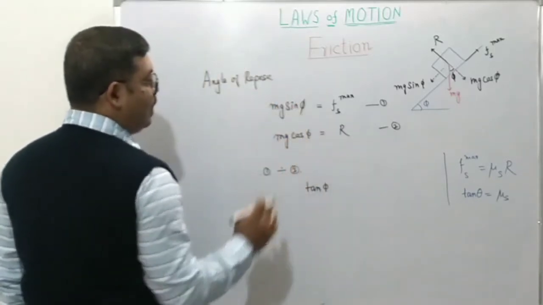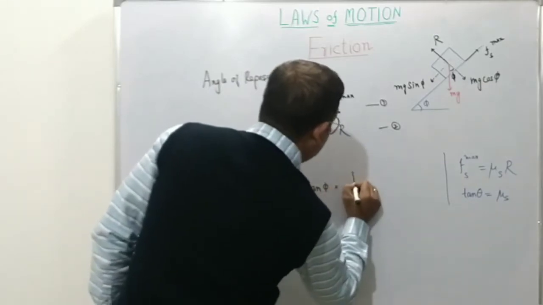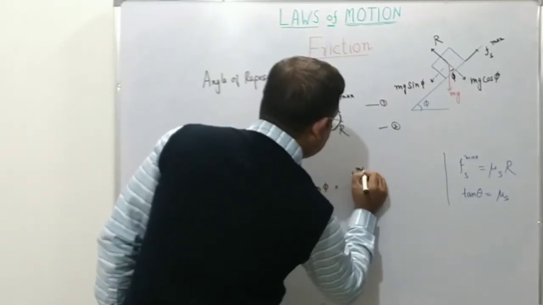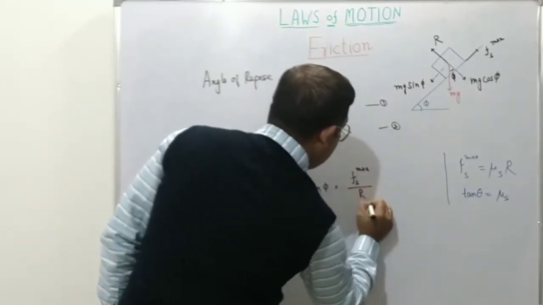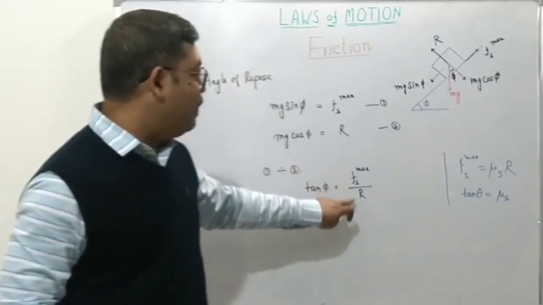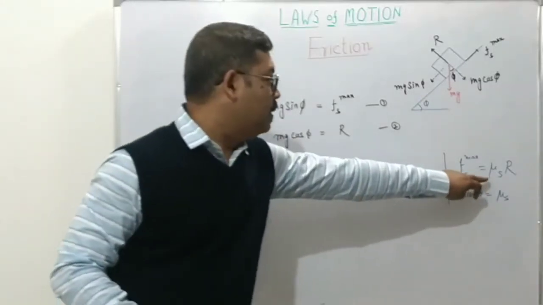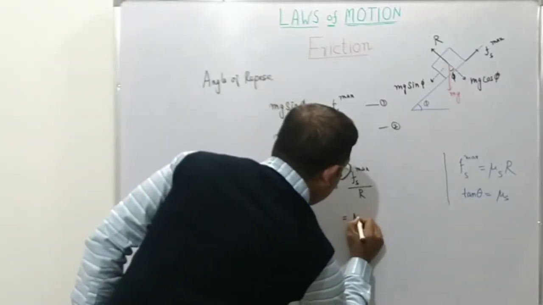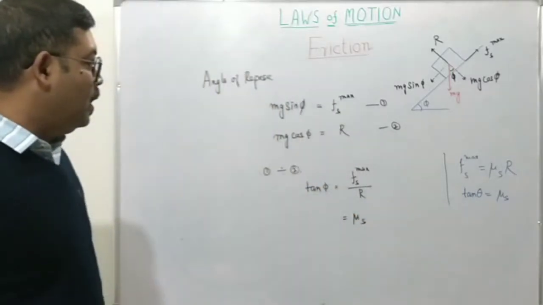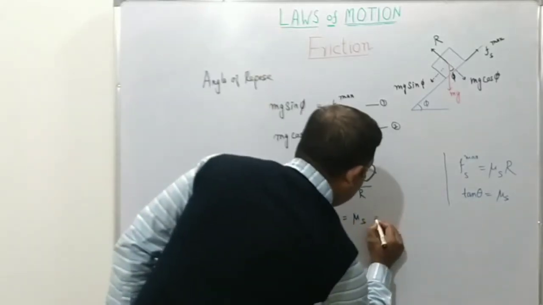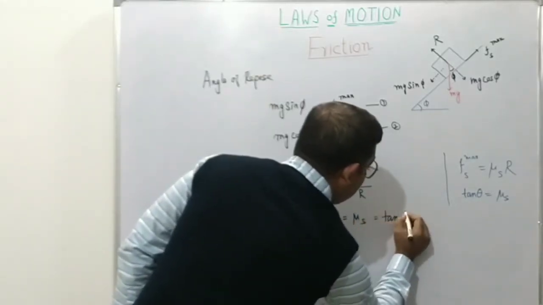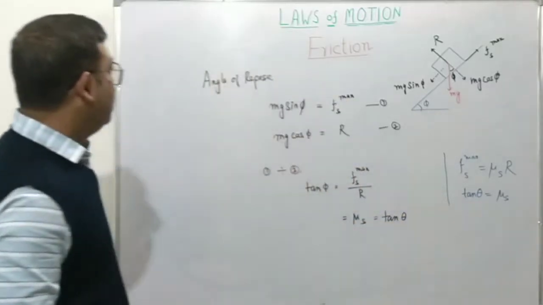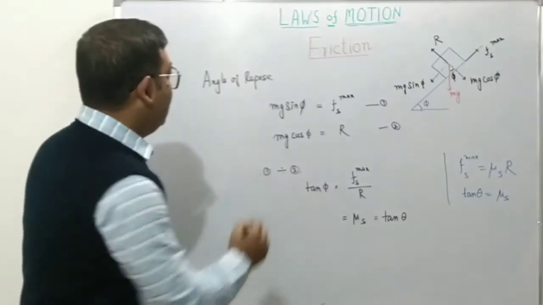Mg will cancel, sin phi by cos phi is tan phi, which is Fs max divided by R. But Fs max by R is mu s, as we had found. So this is equal to mu s. But mu s was equal to tan theta. So this angle